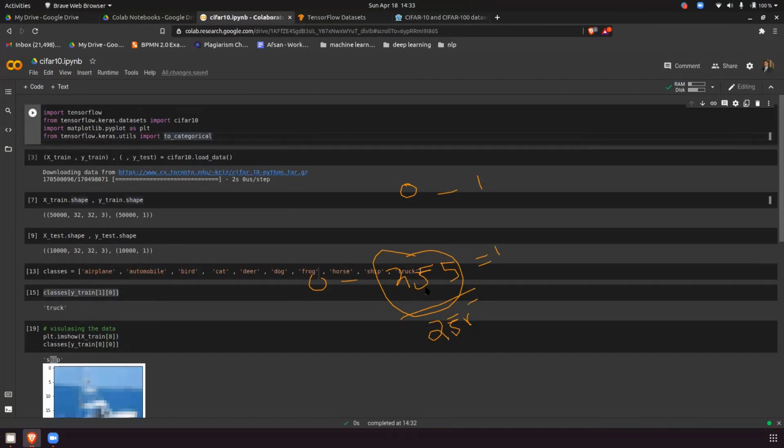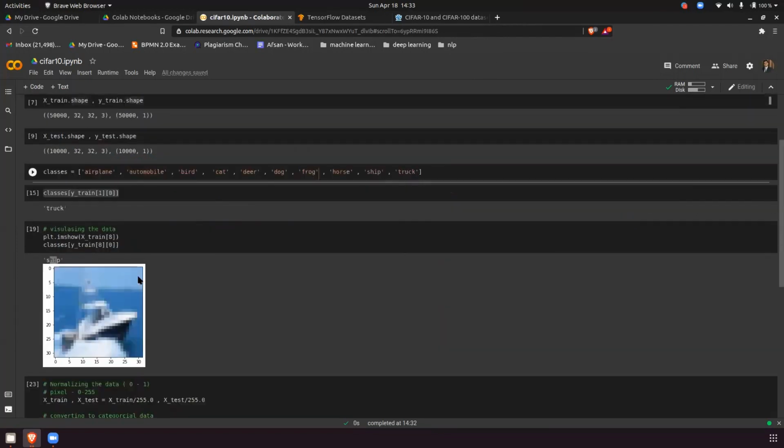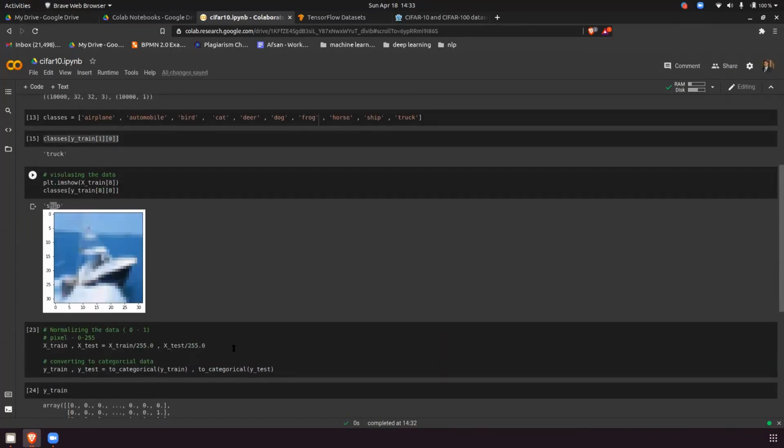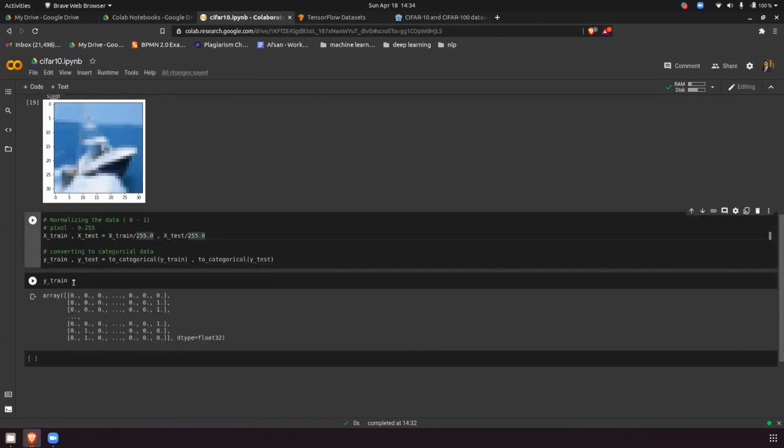The maximum value will be 255 only, so all the values will be less than 255. So 244 divided by 255 will obviously be less than 1. So the range will be between 0 and 1. Simple way of normalization. Is it clear now? Yes. Of course, you can use the normalization method you have learned in sklearn. This is just a shortcut because I know the pixel values, so I can do it the shortcut way instead of importing the function and so on.